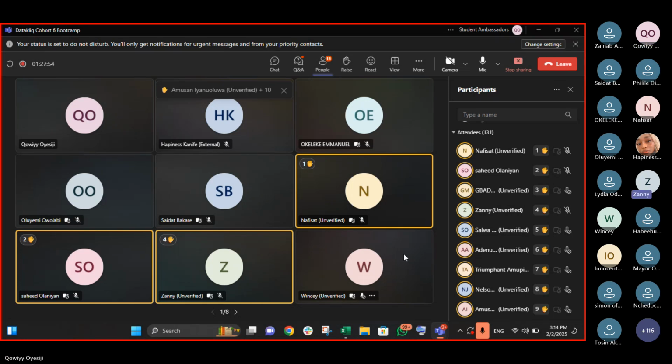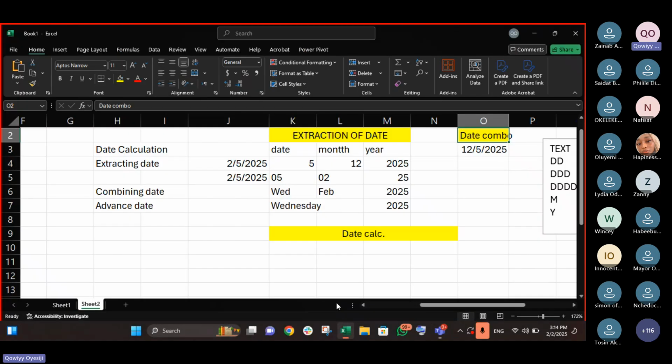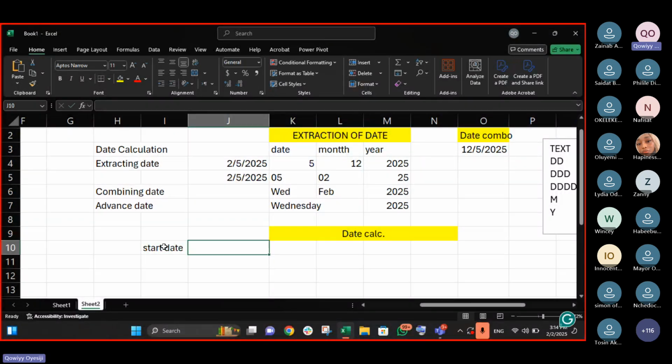Let's continue. Now, you and I are business partners. We want to enter into a business, and the business is going to be in this format. Everybody, please listen. We want to enter into a contract, you and I. Then we say, okay, the business is going to start from tomorrow, which is Monday. Let me say this is the start date, and this is the end date. Now, the start date is tomorrow, which is what?